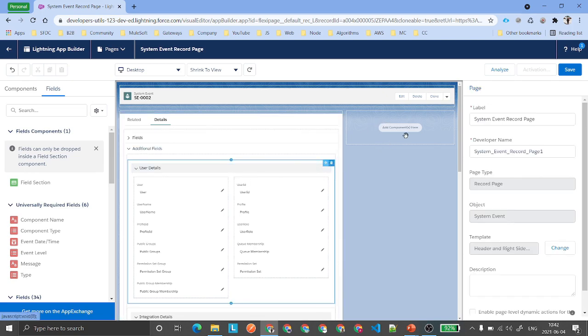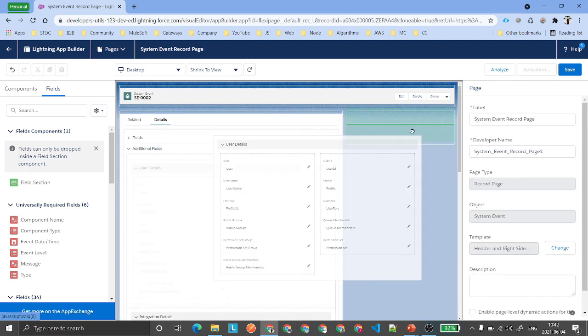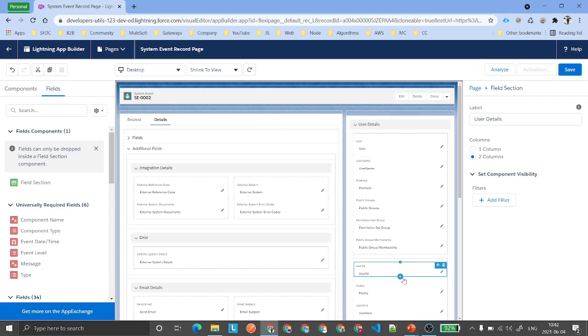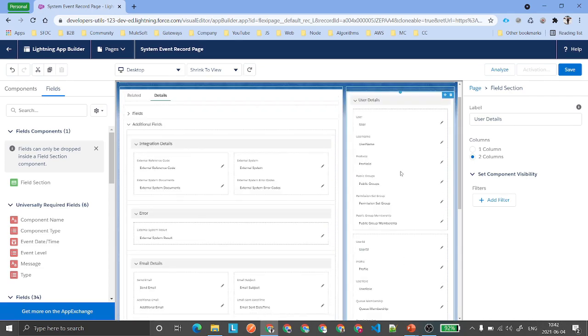You can just drag and drop them over here. You will find your user details in all the fields coming up.